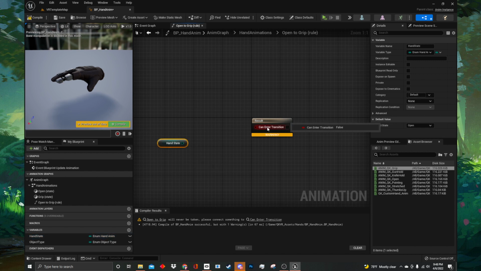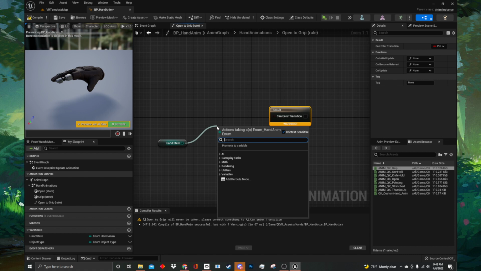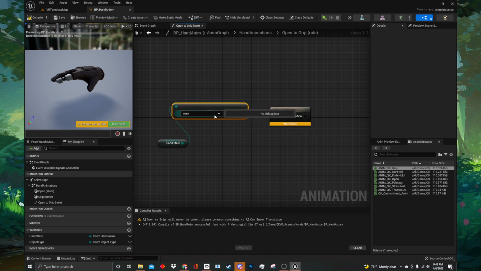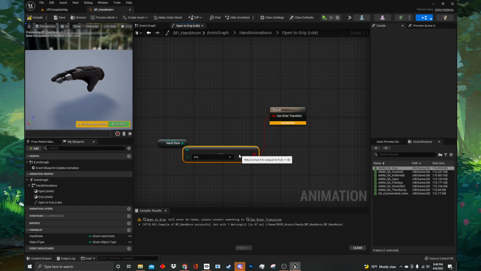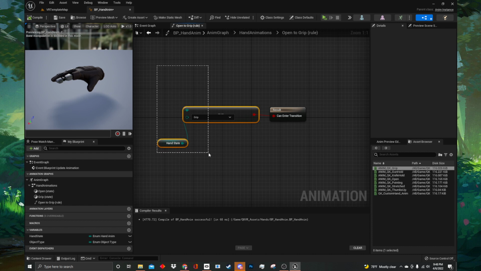Select the get option in order to create a variable getter node. Now drag out from the getter node and type ==. From here we want to select =enum, and then we want to set its value to grip. Then connect that bool from the =enum to the can_enter transition node. We will now set up our transition rule for moving from the grip state back to the open state. Select the hand state getter and the =enum and copy them by drag selecting over the top of them and